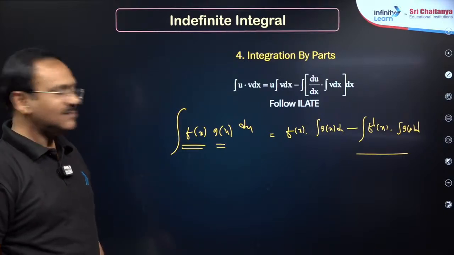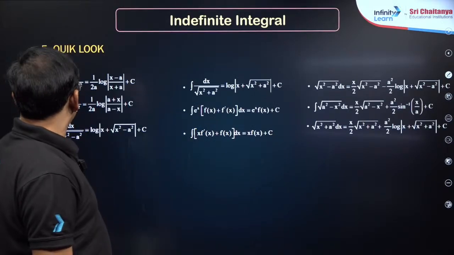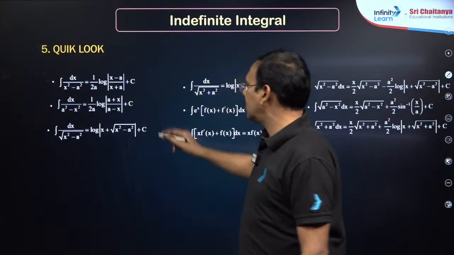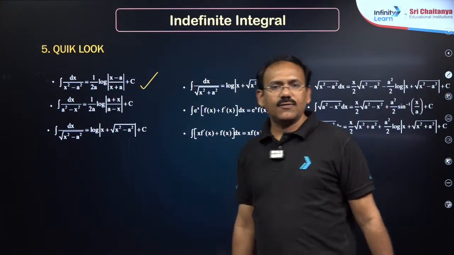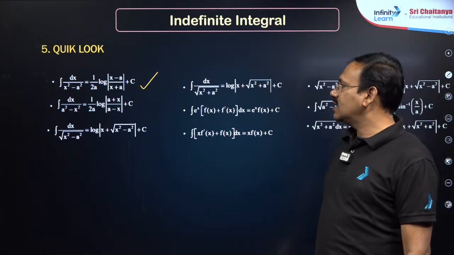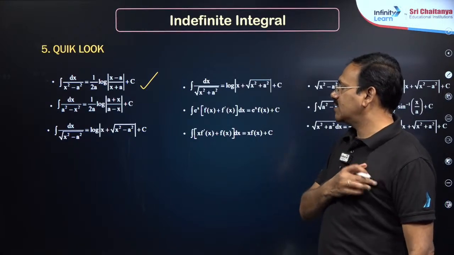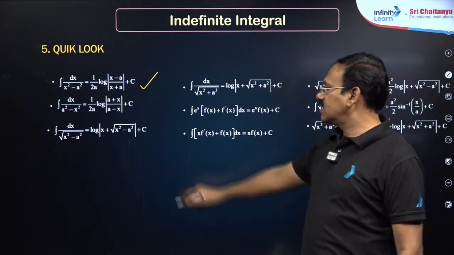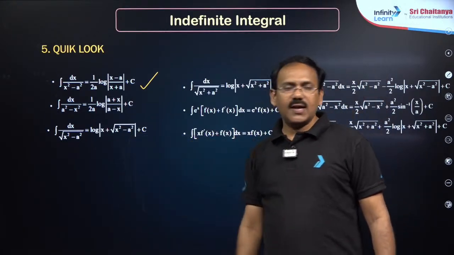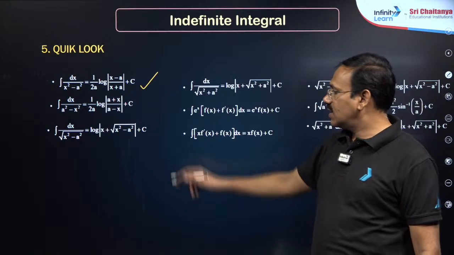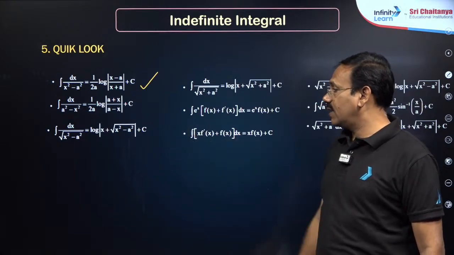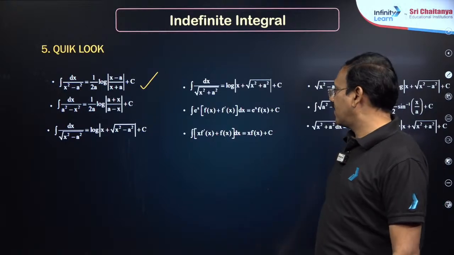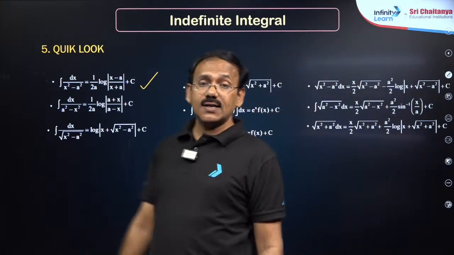Okay, yeah. Next, these are standard formulae again written here. So 1 by x square minus a square is 1 by 2a log mod x minus a by x plus a. This is 1 by 2a log mod a plus x by x minus a. This is 1 by root of a square minus x square is sin inverse x by a. Root of x square minus a square will become sin h inverse x by a, which is log of x plus root of x square minus a square, and integral e power x into